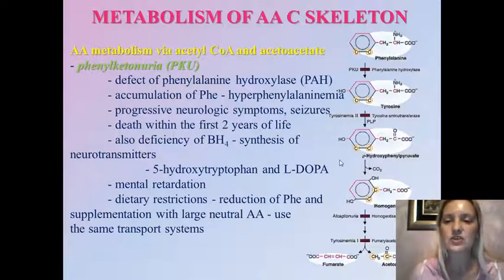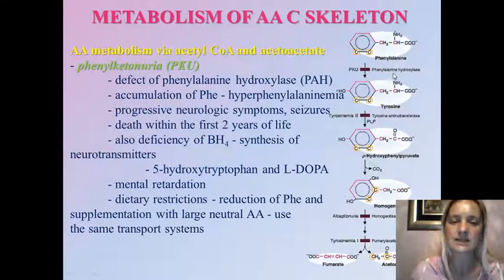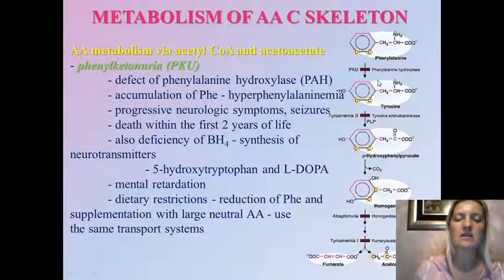And phenylketonuria is the consequence of the deficiency of phenylalanine hydroxylase, which results in the accumulation of phenylalanine. So hyperphenylalaninemia arises from this. It results in progressive neurologic symptoms and seizures, and also death within the first 2 years